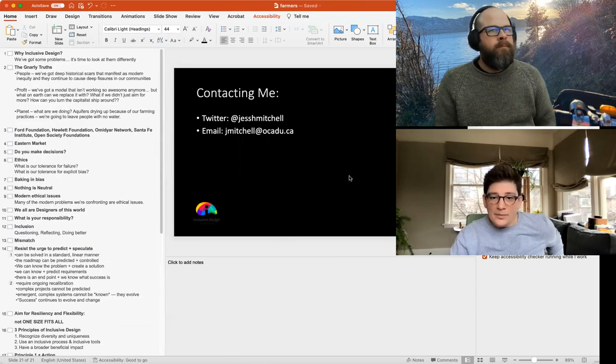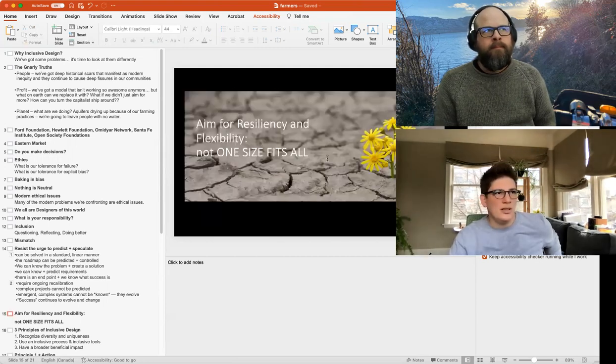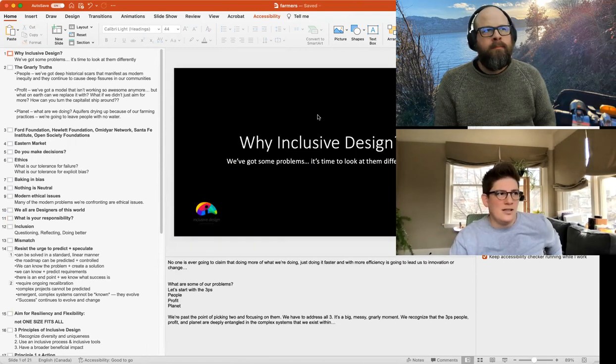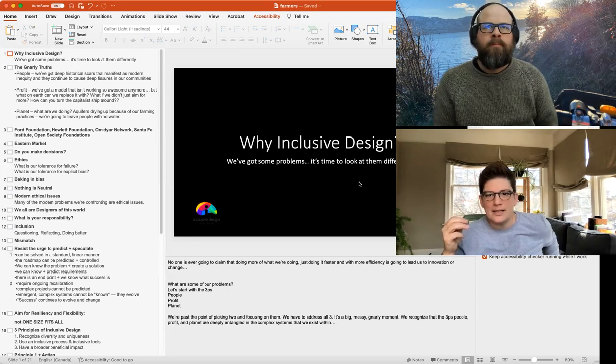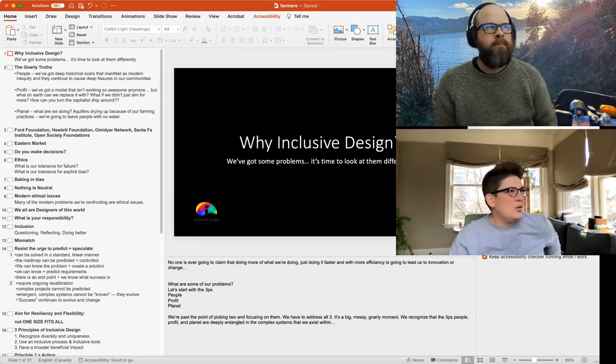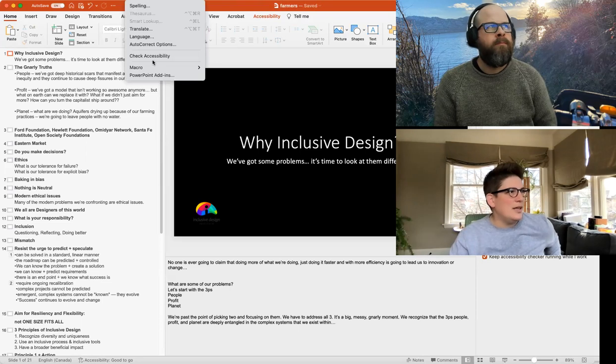That was a lot, but there's more. There's doing tables. There's making sure that your links are accessible. There's then exporting so that you've got content in both formats. You can export to a PDF. You can export your PowerPoint as is, and then you can extract your notes as a text document, like I said, and you can share that. And then you were wondering about,